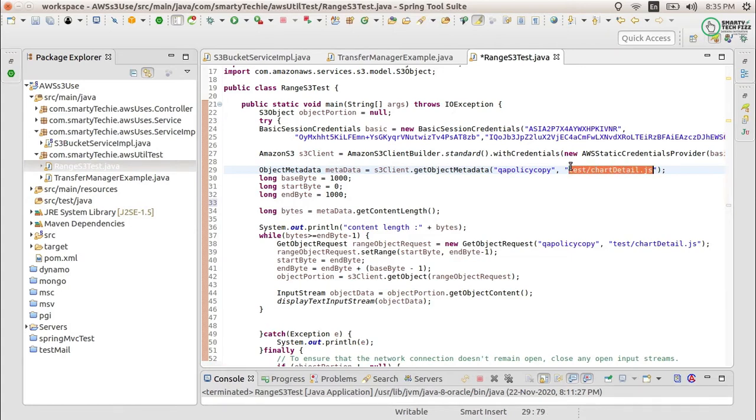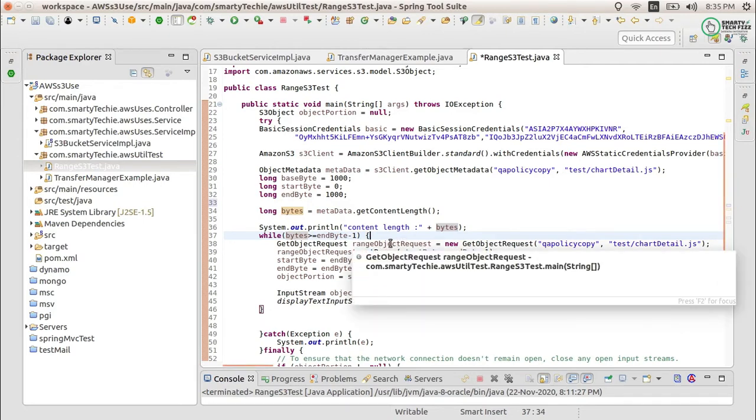Here you have your file in the bucket. So this is the key, this is the bucket. After getting the metadata, you have to use metadata.getContentLength, so it will provide the full byte length of your file. This is the logic which I have built so that I can go through the whole file. Firstly, you can go through this logic. I know that you all are programmers and will understand this logic very easily. So just go in it and see what I am doing.